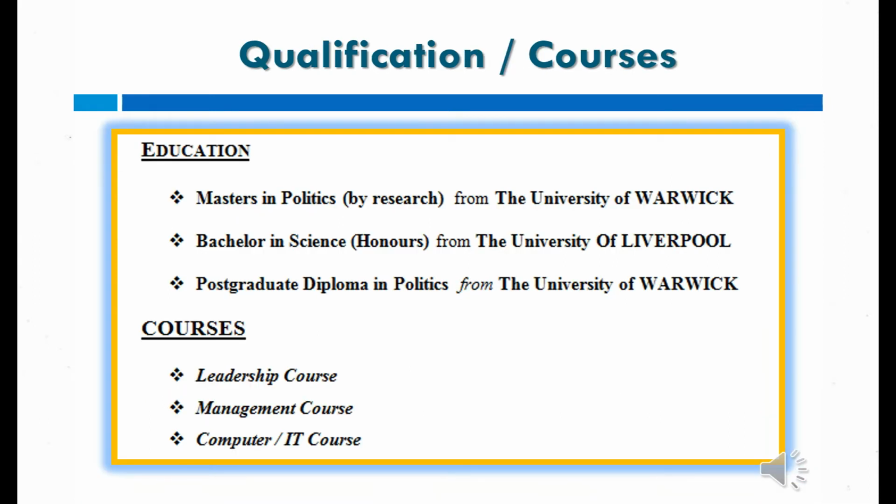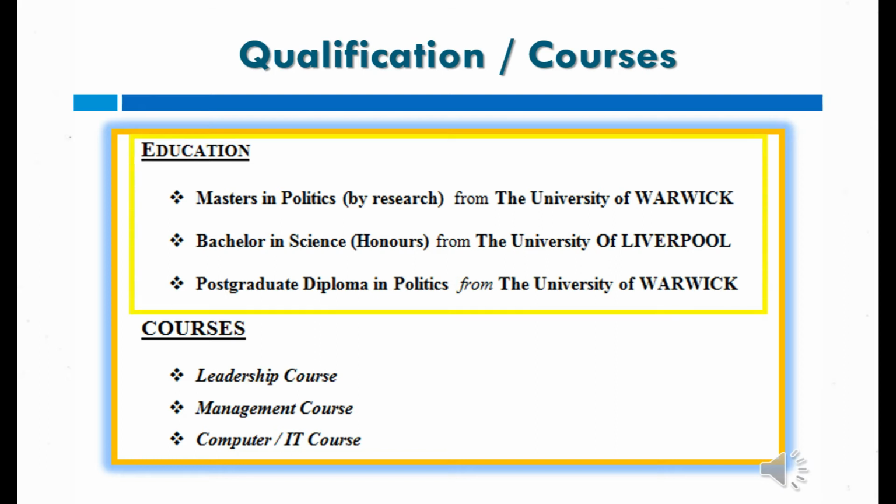Let's see qualification and courses. So this is a heading, okay, and then a consistent layout of bullets, okay, showing each in reverse order. So the highest qualification comes at the top, and the next, and then the next. Okay. And the same way you can do it for courses as well. Okay, 1, 2, 3.